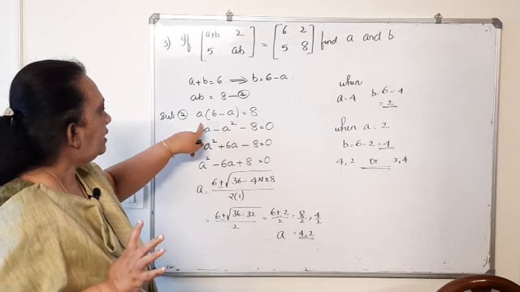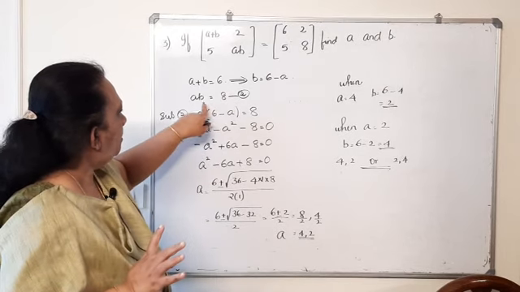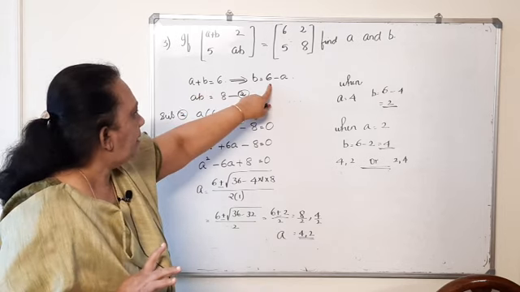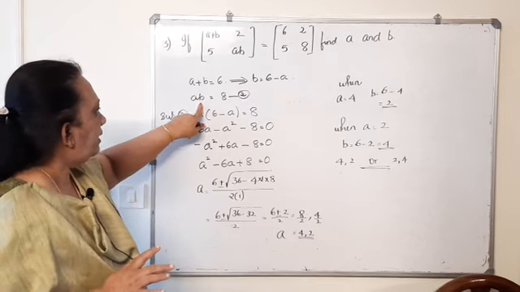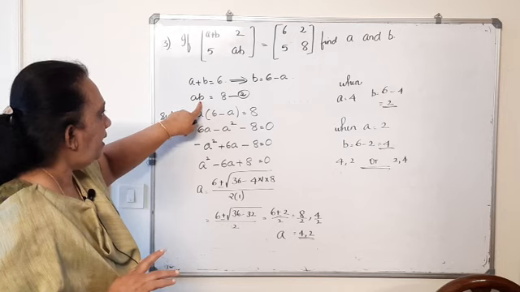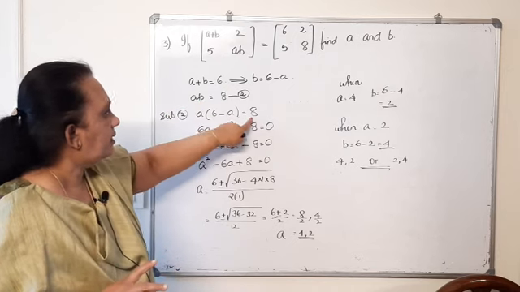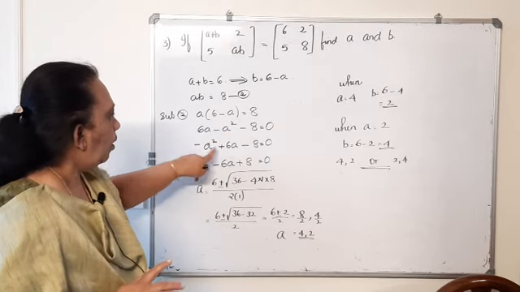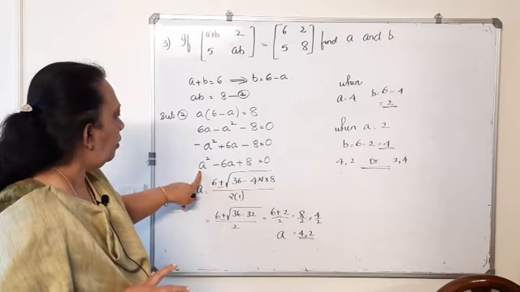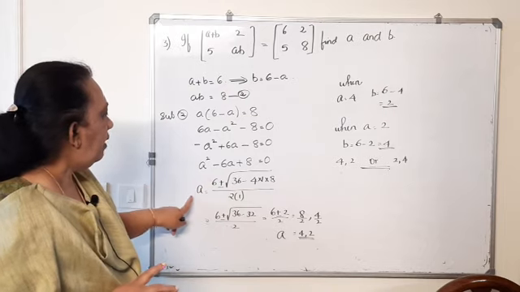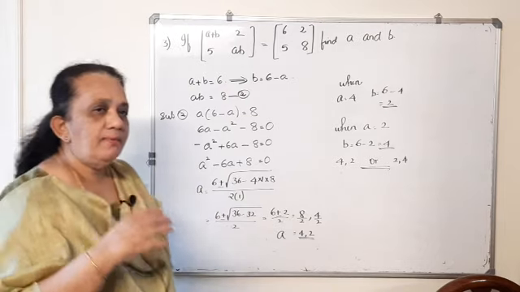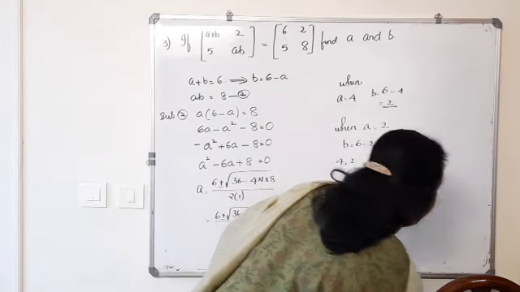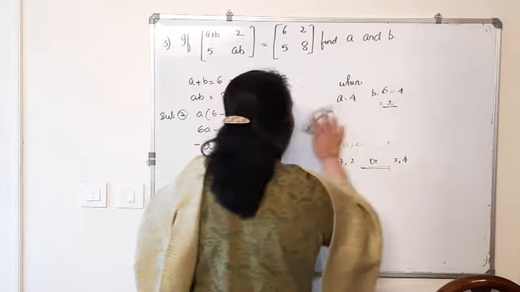So, you are converting it into another variable. From the first equation, B is equal to 6 minus A. Substitute over here, A into, instead of B, you write it as 6 minus A is equal to 8. Make it as a quadratic equation. Order it, take the coefficient of the first term as positive, find the value of A. When you get the value of A, you can get the value of B. Easy, isn't it? Question number 3.